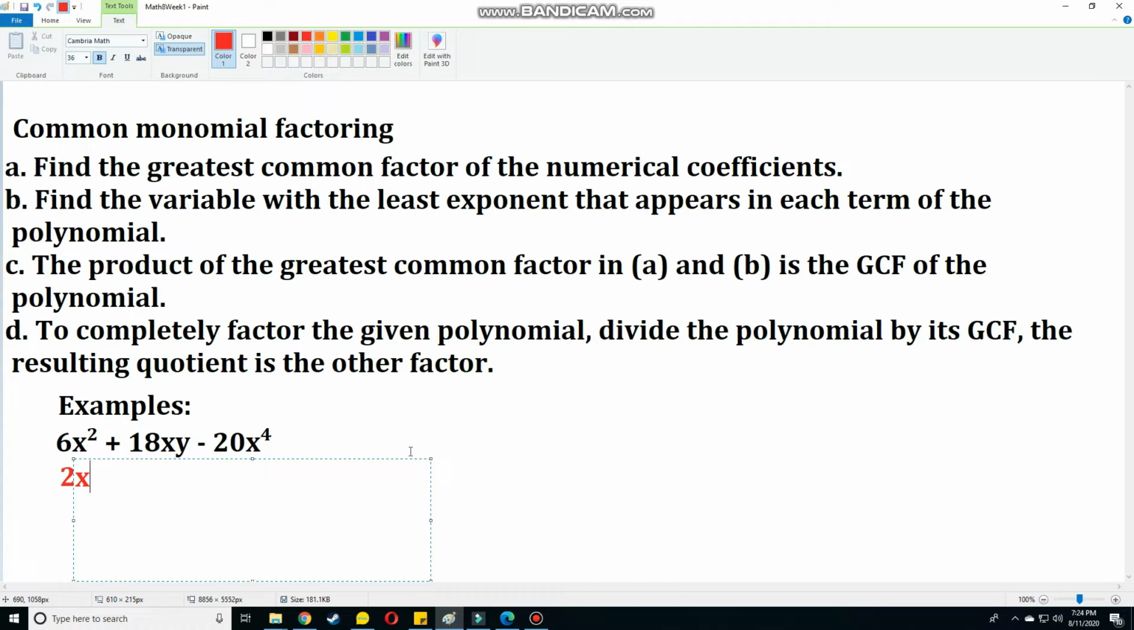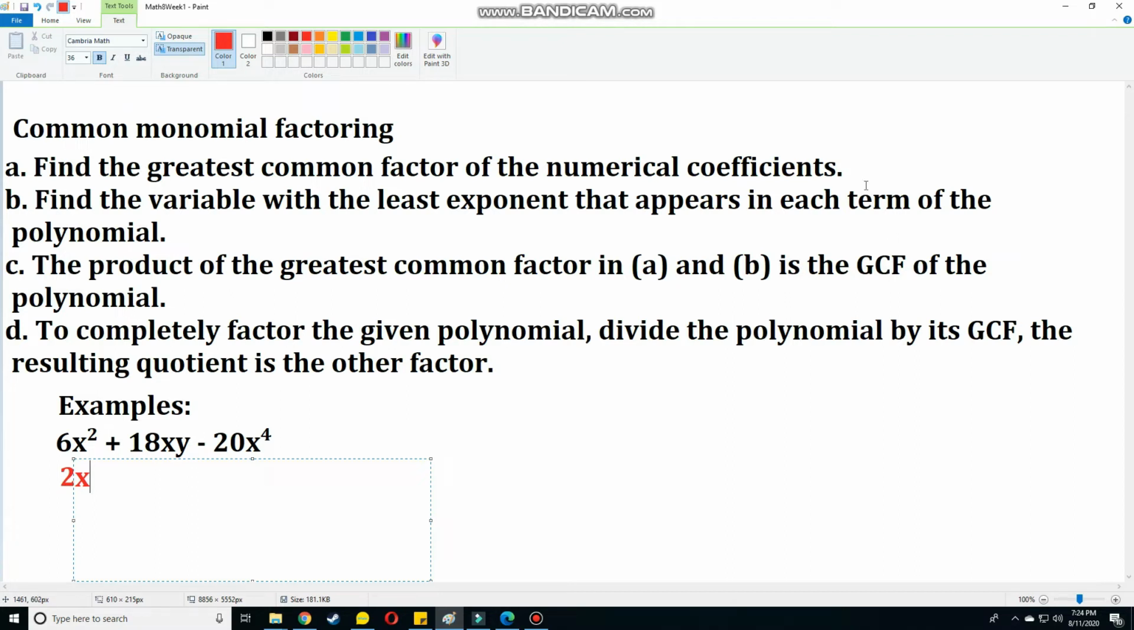Why not x to the fourth? Because it is not the least exponent. And why x? Because it is the least exponent. Okay? Now, next step. The product of the greatest common factor in A and B is the GCF of the